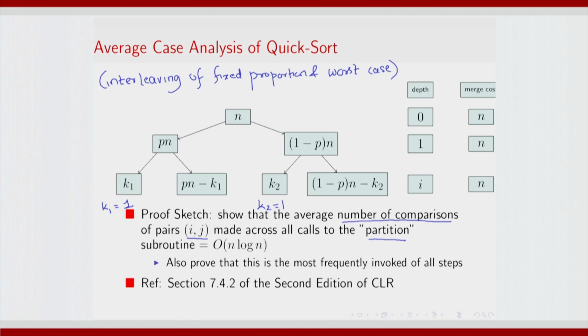What we can show is that the average number of comparisons of pairs ij made across all calls to the partition subroutine is order n log n, and this comparison is the most frequently invoked of all steps. While you can refer to section 7.4.2 of the second edition of CLR, I am going to give this intuitive proof sketch. So let us define a random variable x,